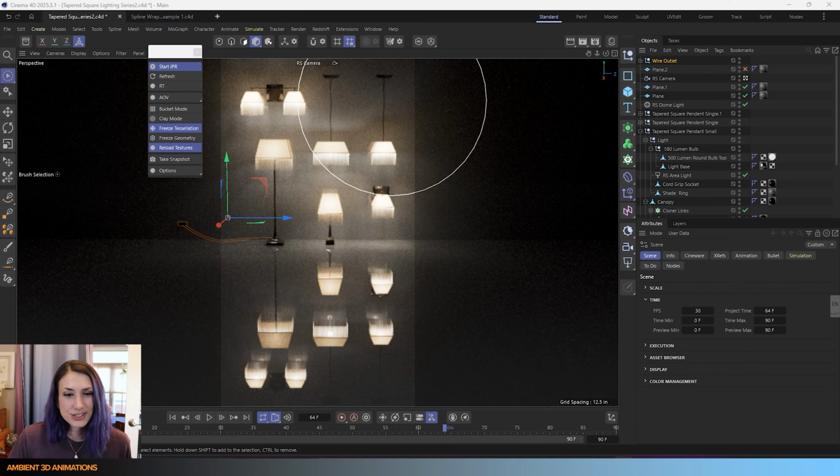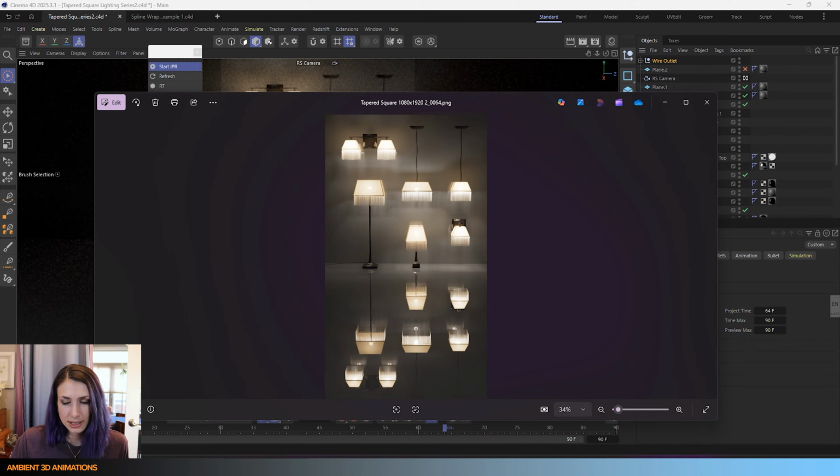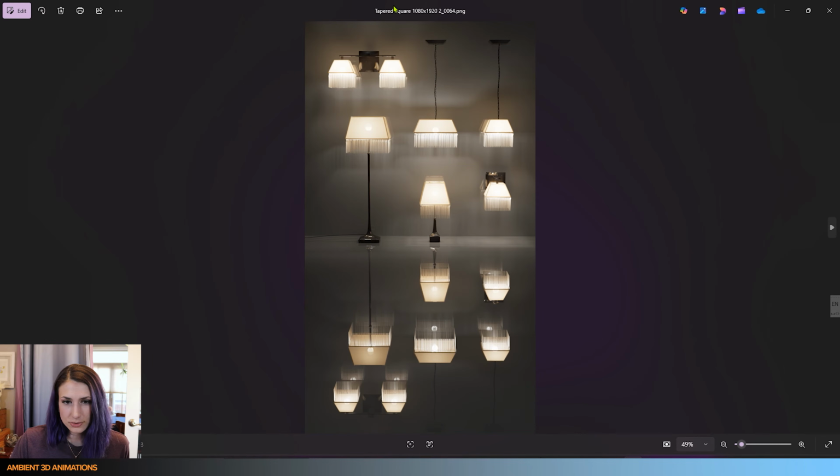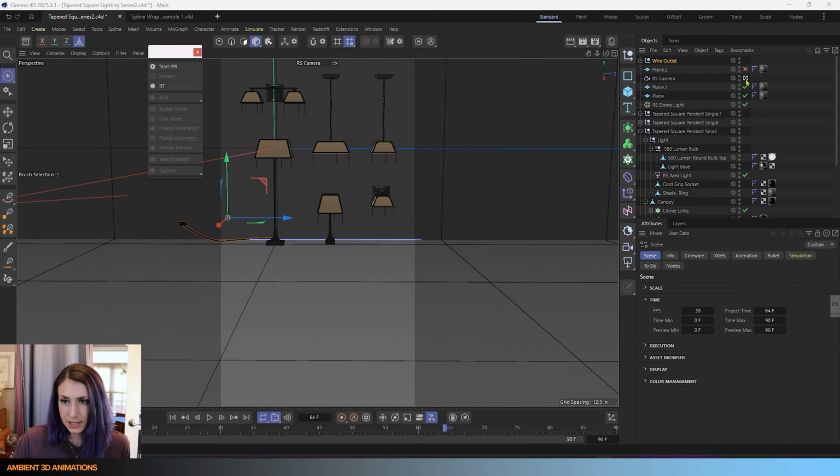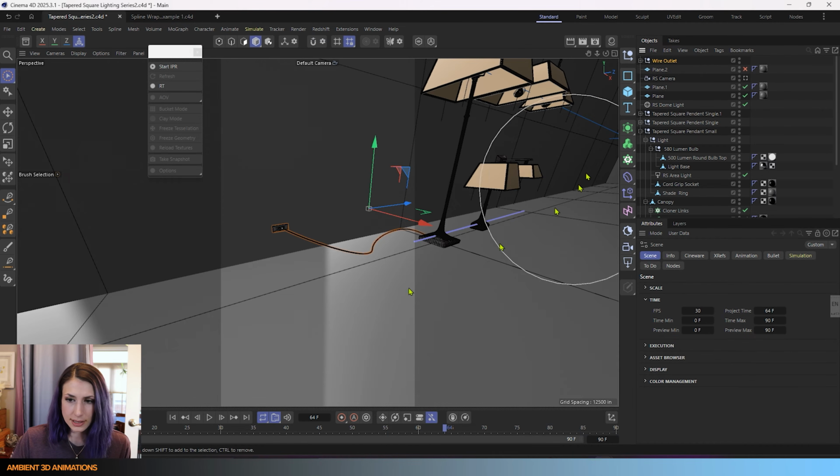And let's go ahead and get started and jump into Cinema 4D. So here you'll see that I have actually gone through and 3D modeled some lights as an example. This is the final rendering. But the reason why I'm showing this as an example is because what I had actually used in order to create these lights